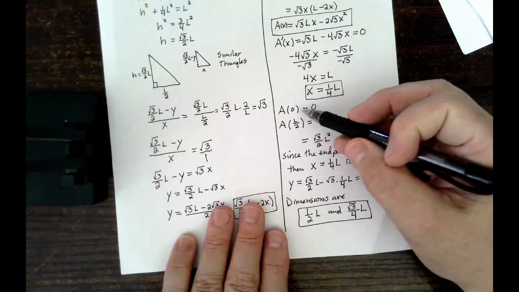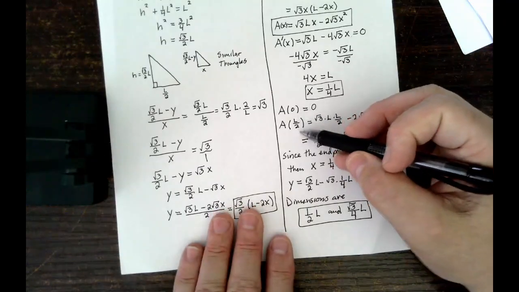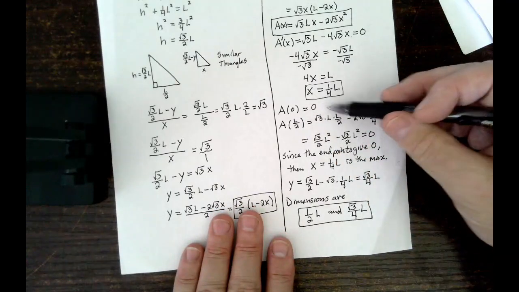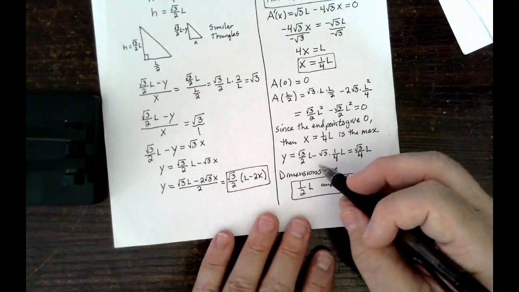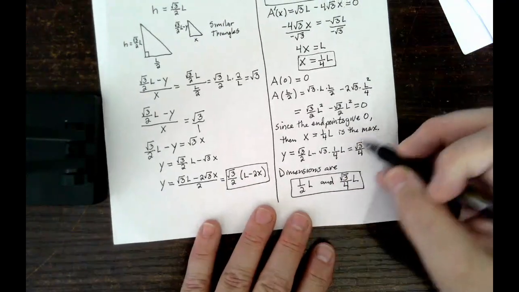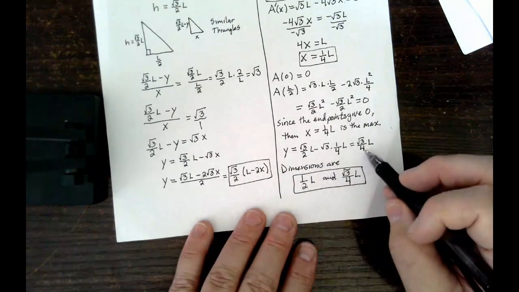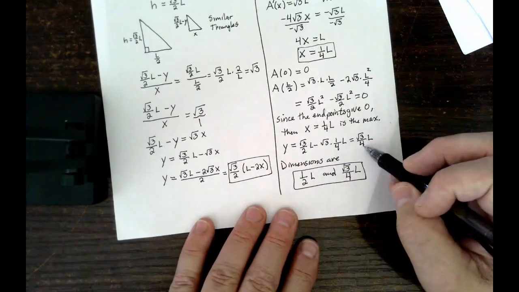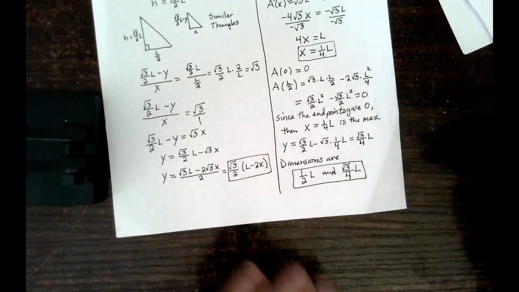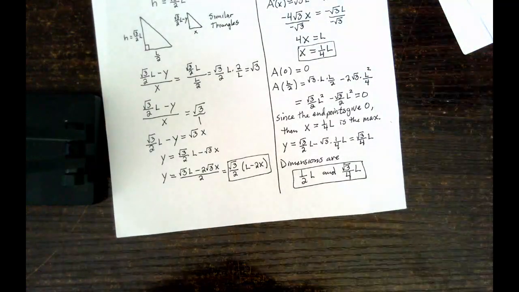If you check the endpoints of 0 and L over 2, you get 0 for both those. So the endpoints give you 0. That means x equals 1/4 L is your maximum. And when you plug that in for your definition of y, you end up with y equals square root of 3 over 4 L. So here are the two dimensions of your maximized rectangle with